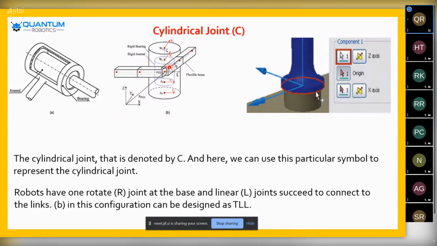Flexible beam means flexible link. A flexible link has to rotate, or else do the particular work in a particular time. At that time we use one joint and two links interconnected to